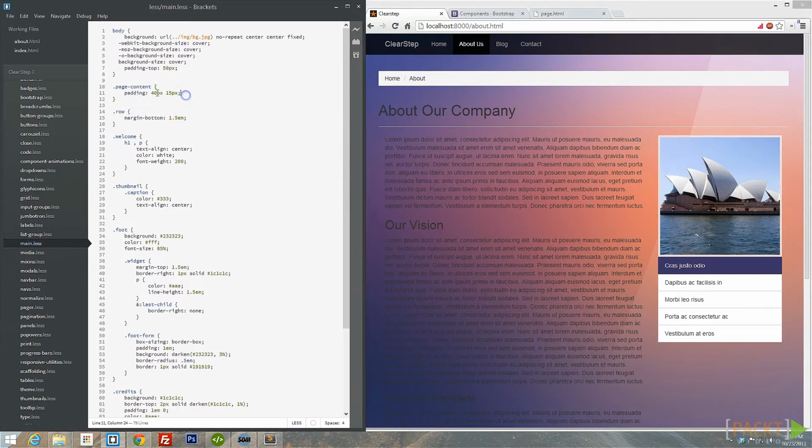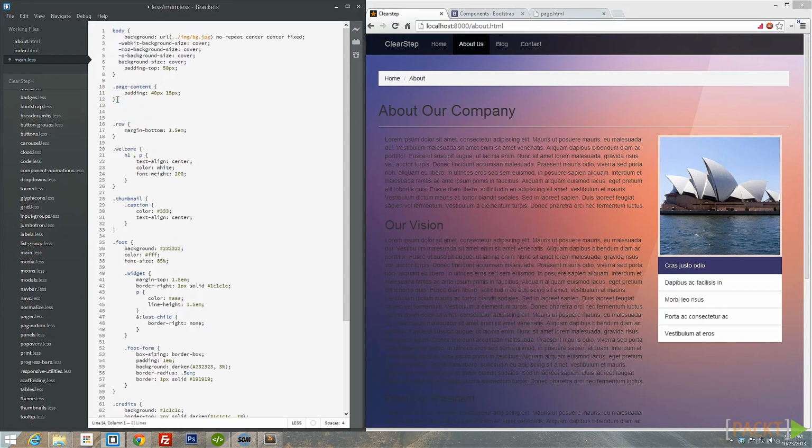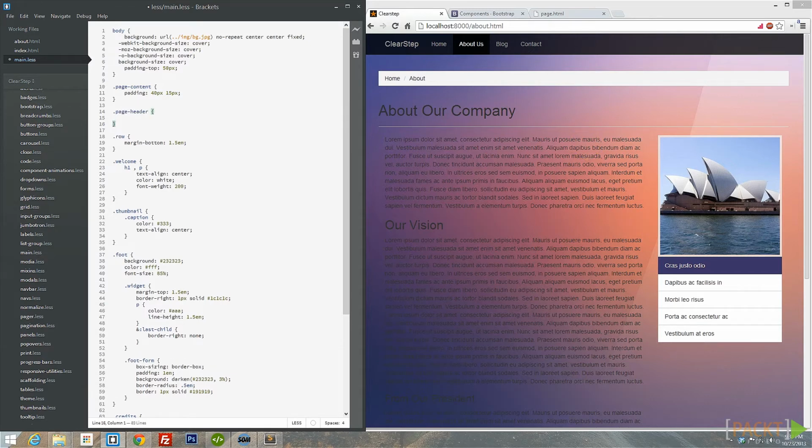So our page content within our main.less file, remember we're going to use less to compile this file out, and we're going to use that to place upon our site. So right below page content, let's open up another one and call that page header, because that's what we need to adjust. And we'll take that, and I'm going to give the page header, I'm going to give those the H1 a color of